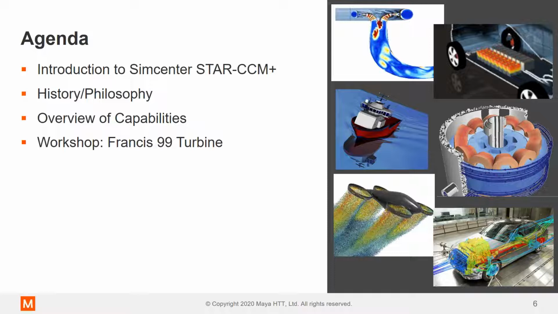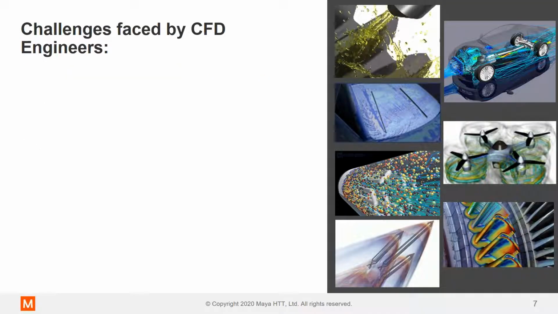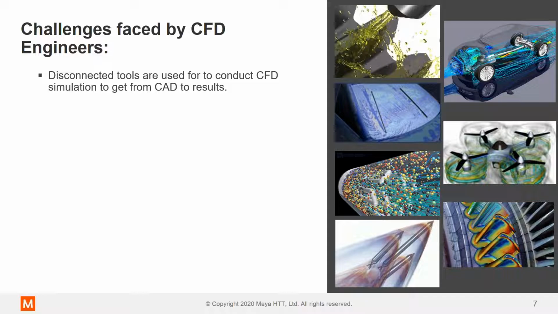Before we begin the session, let's go through some of the challenges that are faced by CFD engineers. Nowadays, it's very common for CFD engineers to use multiple software tools to get results from a single simulation. There will be a given tool for CAD cleanup, another one for meshing, solving, and another tool for post-processing. Such tasks result in disconnected processes. Any changes in the CAD, for example, will not relate to changes in the mesh and boundary conditions and so on. So this often leads to organizations developing their own scripts, which are generally valid for a given release.